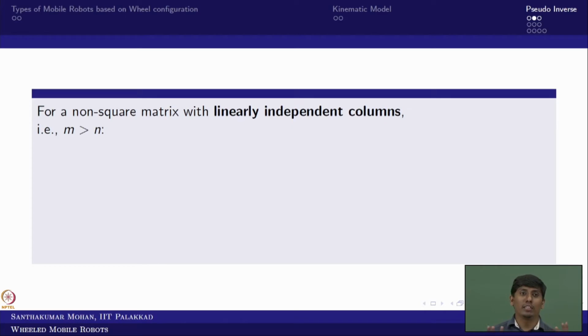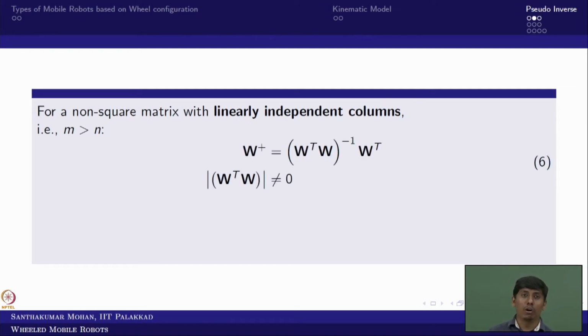The whole idea is, the zeta is given, can I find the omega, which is the angular velocity vector of the wheels? Can I find it? For that we are trying to use a pseudo inverse, which is the Moore-Penrose. So what we call a left inverse can be applied in this case. We will see the pseudo inverse in detail in a further slide, but for now we are calling it the left inverse.